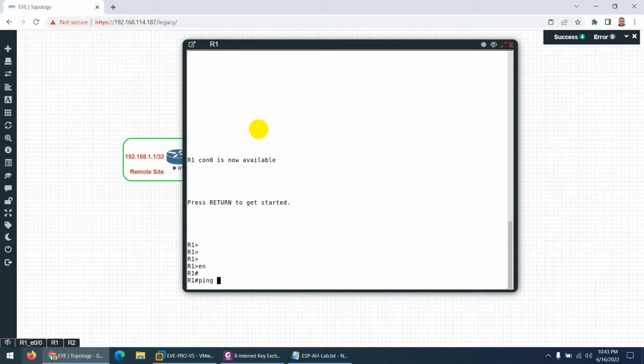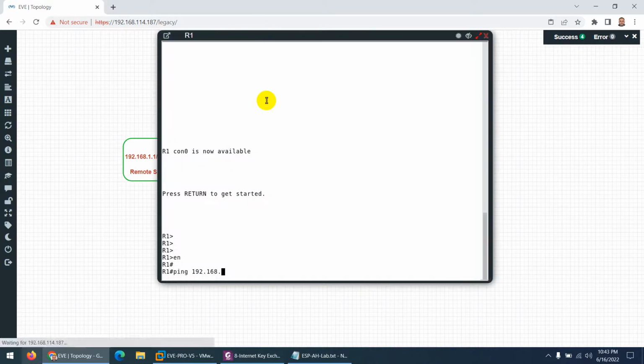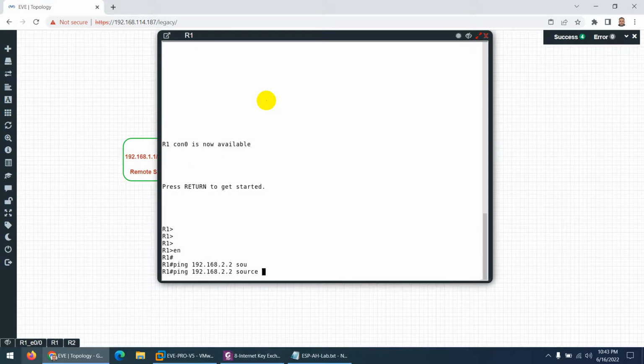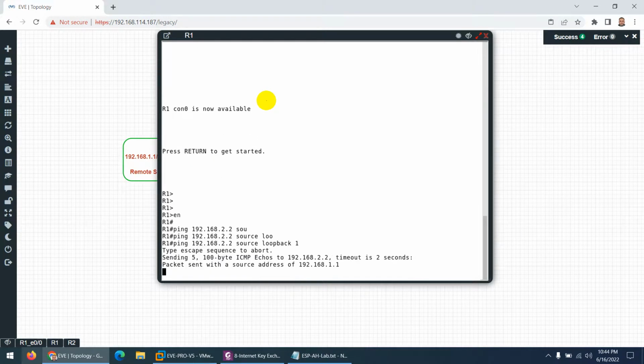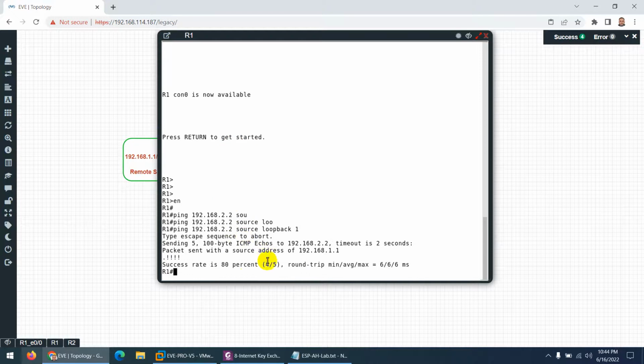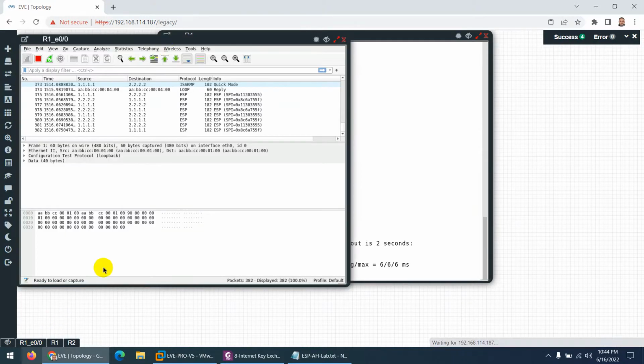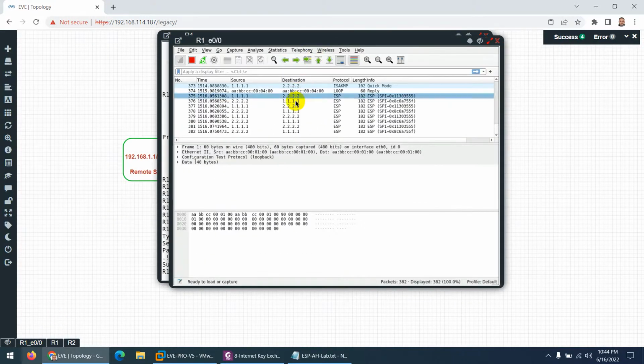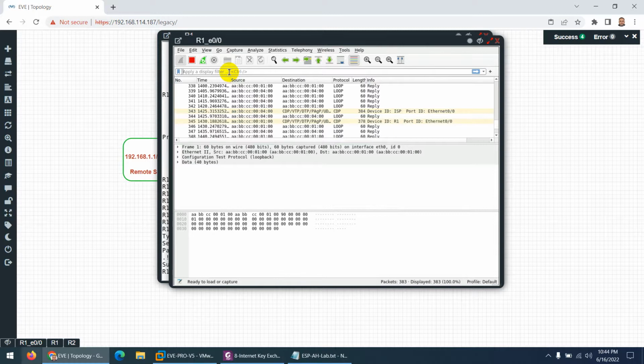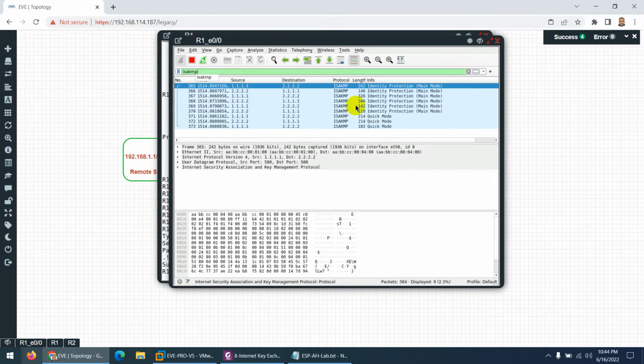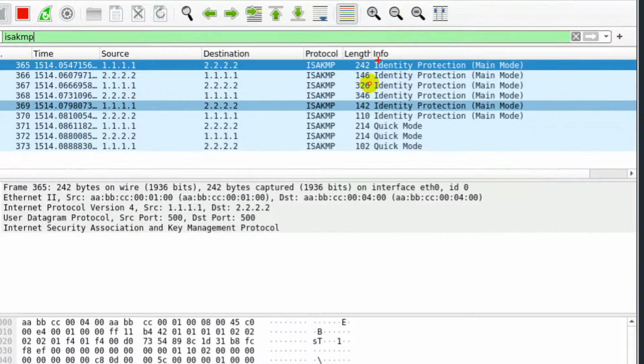So if I ping 192.168, what is the IP? 2.2, and the source is my loopback, I believe S1, and start ping. So let's see. Yes, one packet lost, but I already captured here. If I type ISAKMP, this one, here are the 6 packets of the ISAKMP protocol,